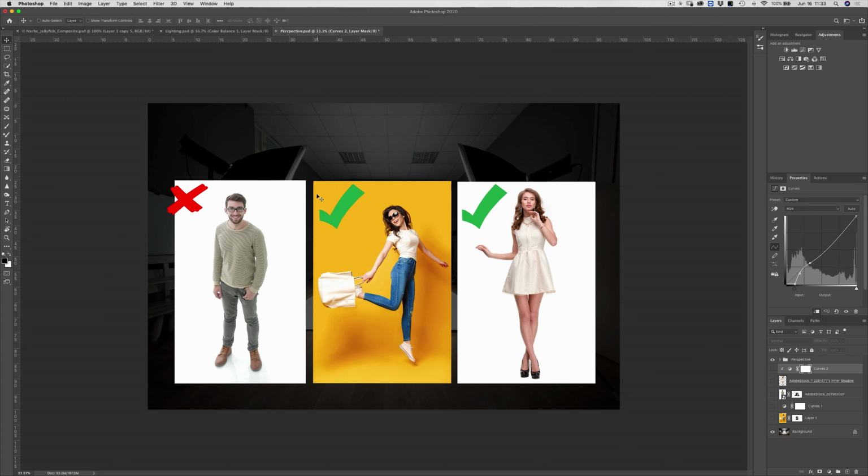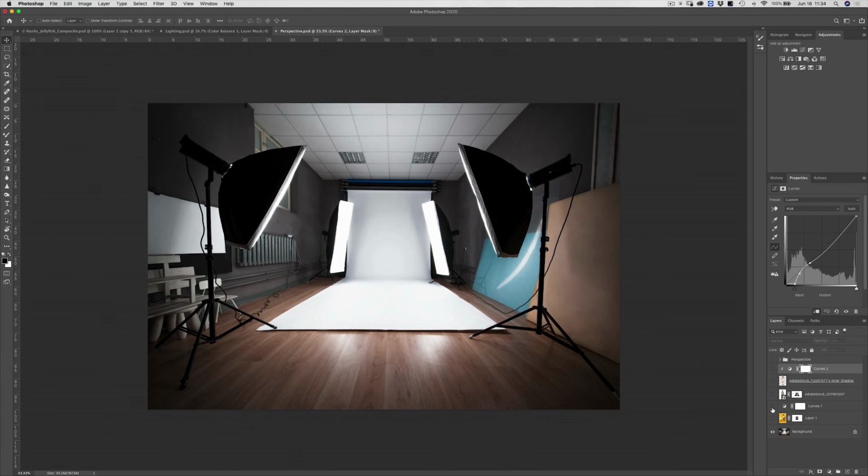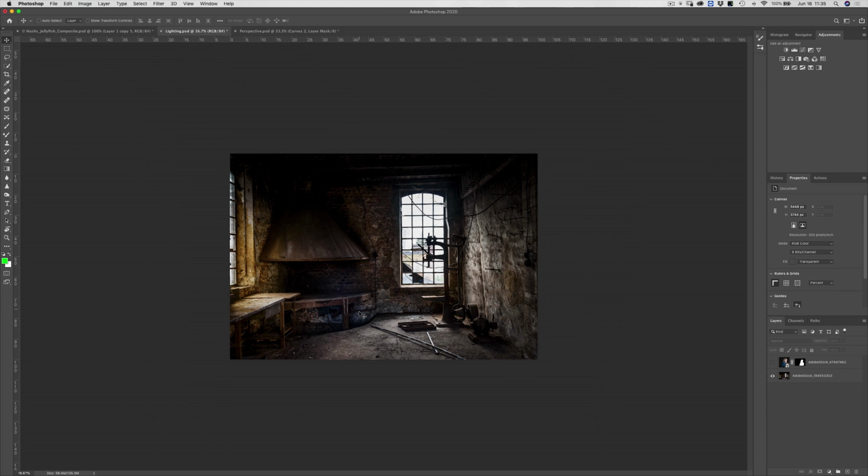So that is my first example. So the perspective between the shots really needs to match, okay? So that is step number 1. Step number 1, make sure the perspectives match on the images that you're trying to combine. Our next really important aspect to understand when combining images is going to be lighting. Not only the direction of the lighting, but also making the lighting match between images.